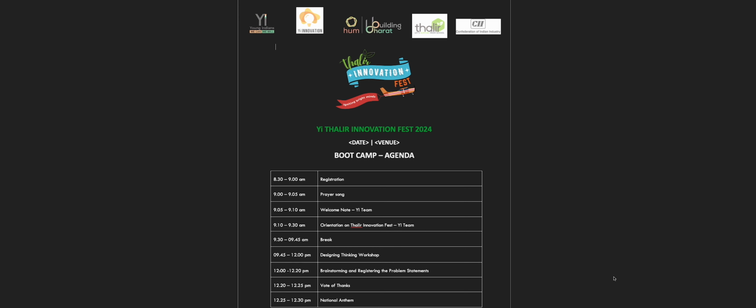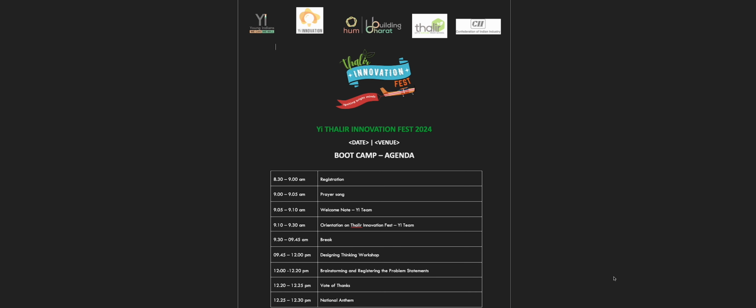What we mean by this is, by then your organizers and the NMT teams would have given you a list of problem statements. You should have socialized this idea and the problem statements with the respective schools, and at the end of the boot camp, they have to choose one problem statement that they will be using to solve for this competition. As a backup, it is a good practice to have a second problem statement as well,